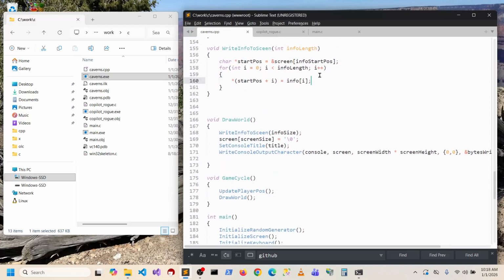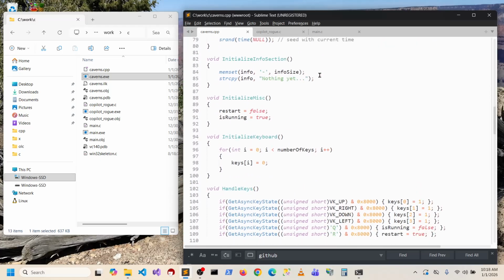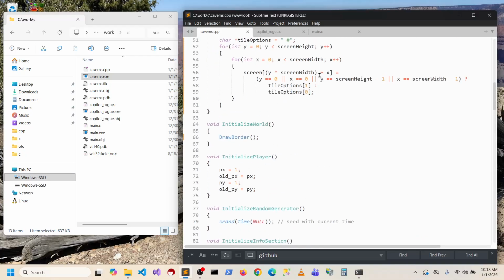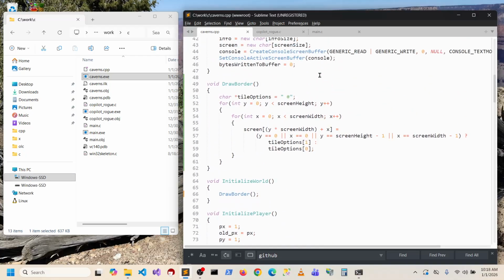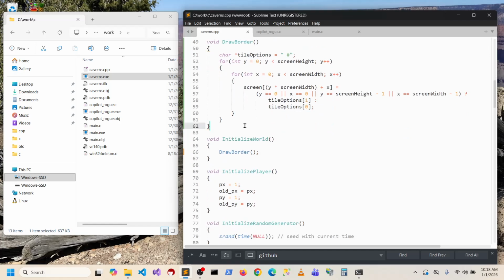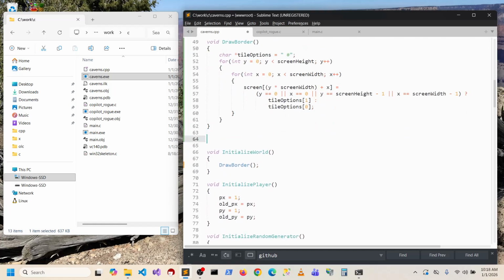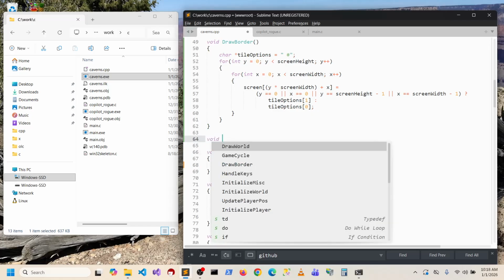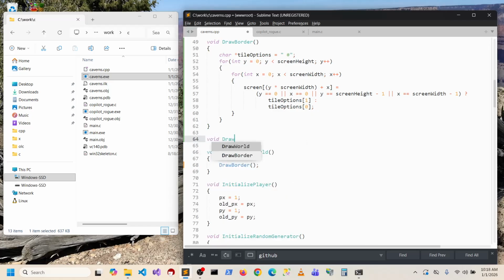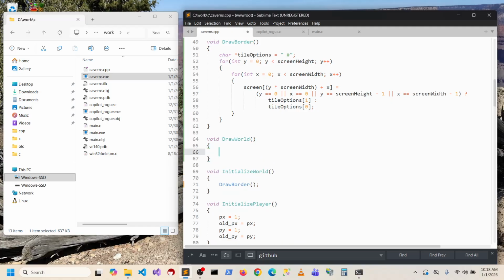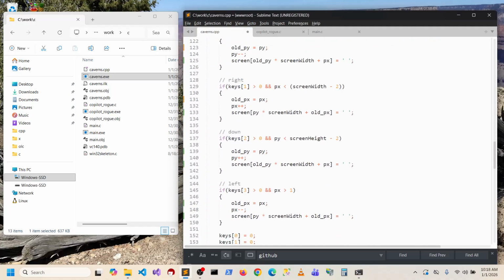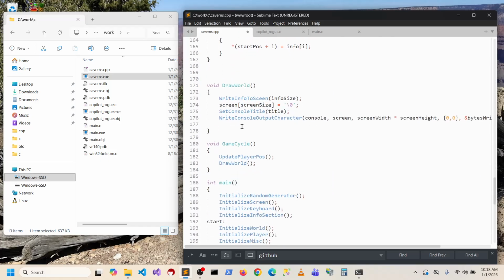So let's go ahead and initialize. Where are we at? Initialize world, draw border. Okay, we drew the border. Now we need to draw world. It actually should be draw world. I need to rename that other one. Let's go ahead and name that one this. We're going to call this one